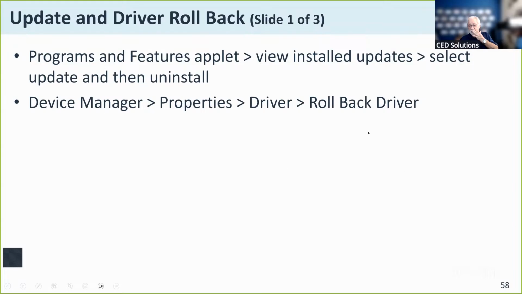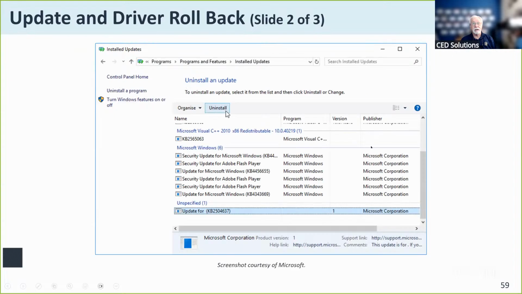Device drivers, same thing. You can go into the programs and features applet. We looked at this yesterday, as a matter of fact, and roll back to a specific driver point, roll back a particular piece of software. And these are the checkpoint things I was talking about. This is usually device drivers, security updates, application updates, operating system updates, things like that.